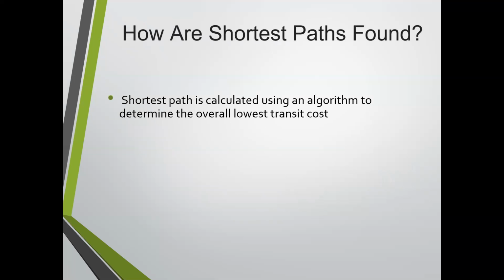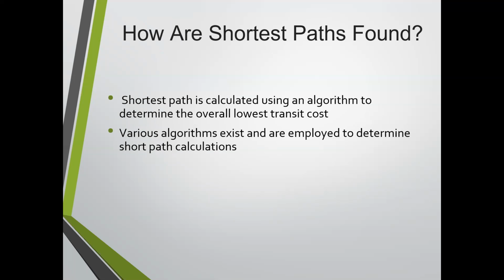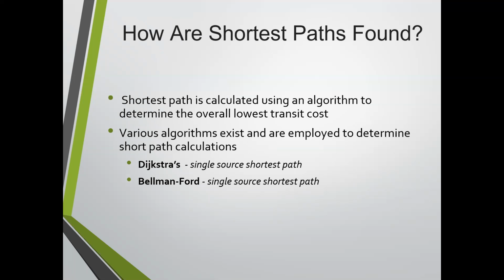All right, so shortest path is calculated using an algorithm to determine your overall lowest transit cost. An algorithm is basically just a program, a set of instructions that it uses to calculate it. There are several different algorithms employed to determine shortest path. Dijkstra's single source shortest path method is one option. There's what they call the Bellman-Ford single source shortest path option. Floyd-Warshall